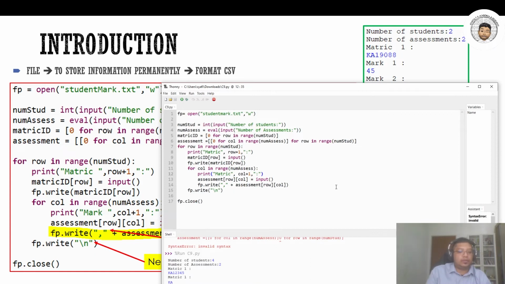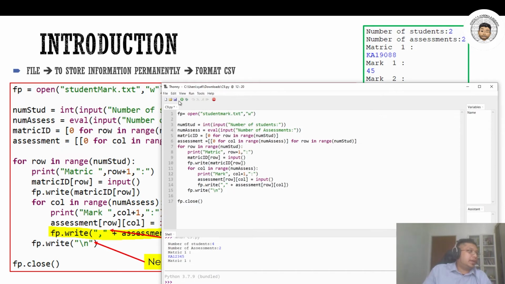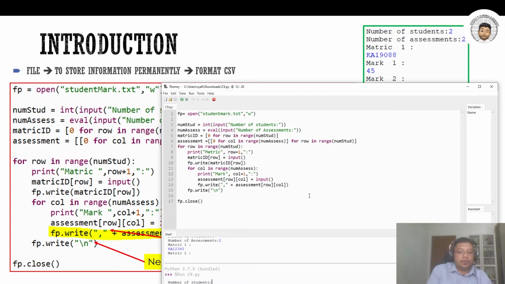Okay, never mind, let's try again first. Oh yeah, I know why, because I put metric here, supposedly to be marked. Okay, let's stop here first. Okay, run it again. Okay, for students